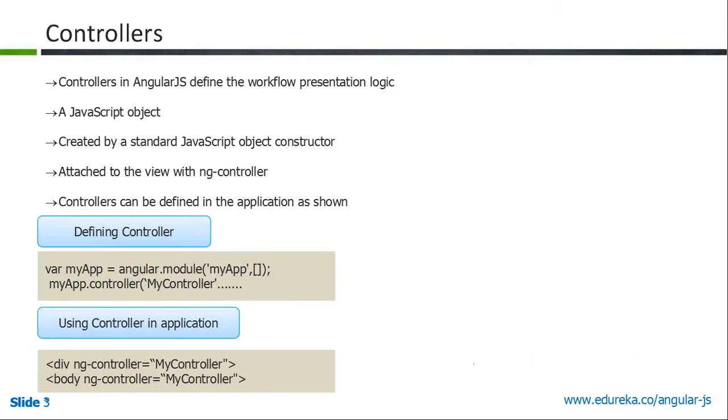Let's go first. In AngularJS, normally it is called an MVC framework. What does MVC framework mean, and why do we need an MVC framework on the client side? Those who worked on the backend or server side might know MVC frameworks in Java or .NET. But here in AngularJS also we are going to use the MVC framework. Here M stands for model. Model is just the data you are handling in your application.